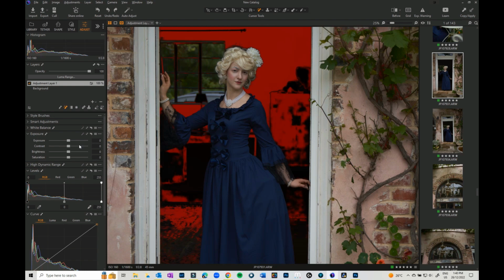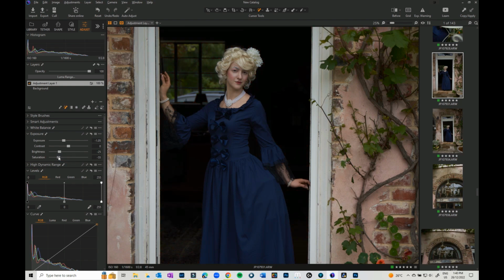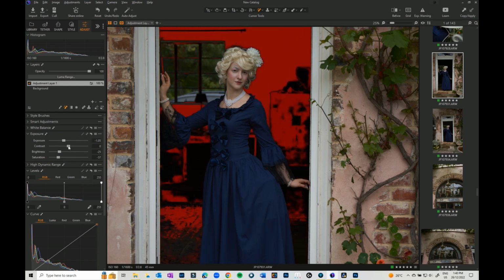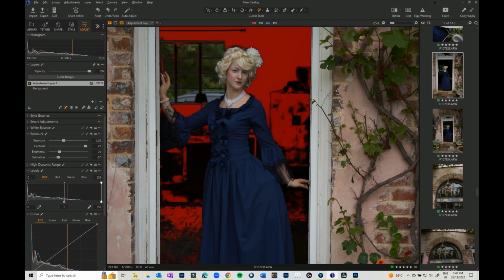So what I'm going to do is darken that off by dropping the exposure. I'm going to bring the brightness down, and I'm going to bring the saturation down as well. I could also mute the contrast. Now that hasn't